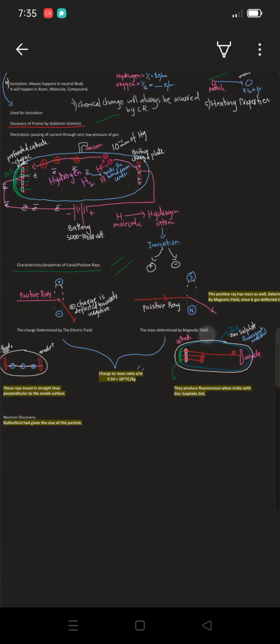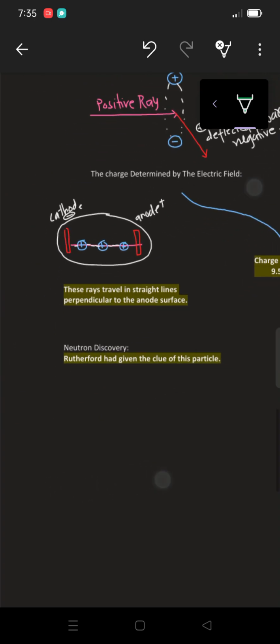Okay, so as in the last video, we discussed the characteristics or properties of canal rays, which are also known as positive rays. In today's video, we are going to study the discovery of the neutron, which was basically done by James Chadwick in 1932. But the clue of this particle was given by Rutherford, right? So here we have our topic,